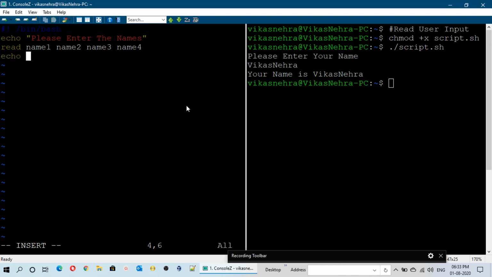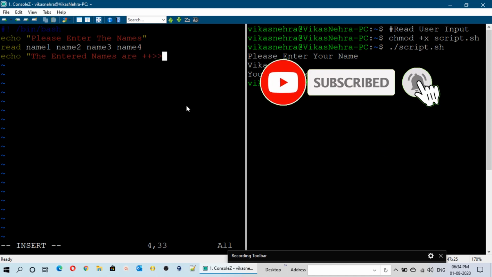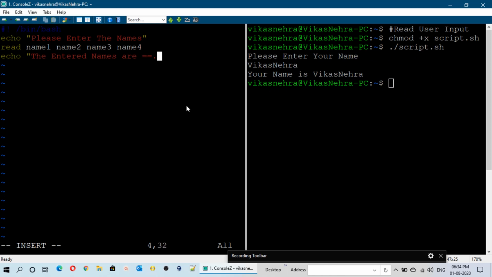After that mention echo, the entered names are, and here what needs to be done, we have to use $name1, we have to call the variables $name2, because the values which will be stored in these variables will be displayed after the execution of the script.